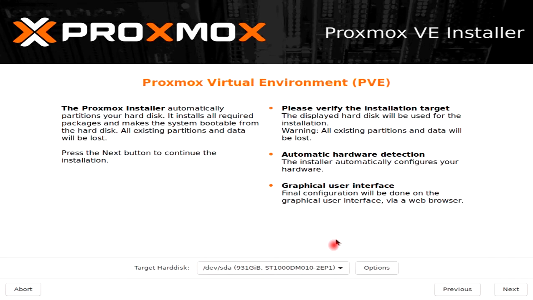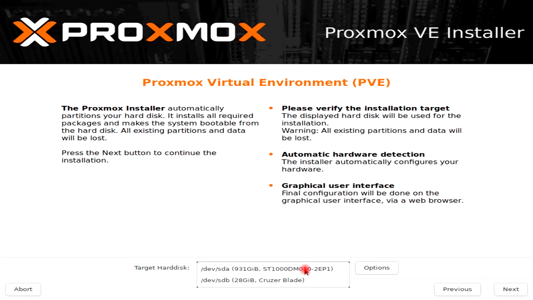So here you can see my local internal hard disk of the server is showing, but we will not install the Proxmox on that internal hard disk. We will be installing the Proxmox onto the USB drive connected to the server, because the hard disk in which we install the Proxmox cannot be used for hosting the virtual machine.